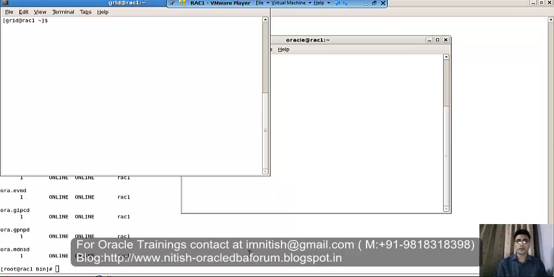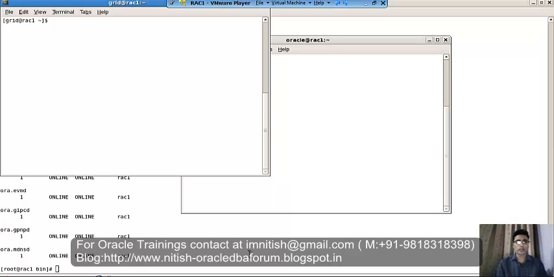Till now, what we have done is we had created two nodes, node 1 and node 2, using CentOS 5.4 operating system. After that we had done all the prereqs required for installing the CRS. Then we had installed the grid, and then after that we had installed the RAC 11g binaries. So from this session,